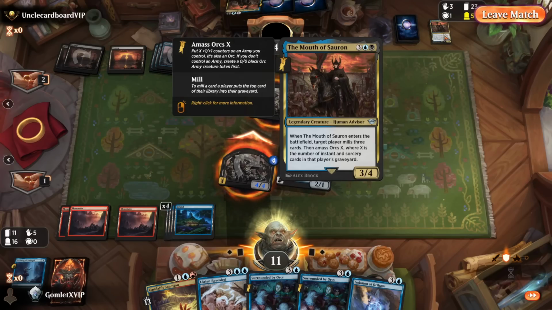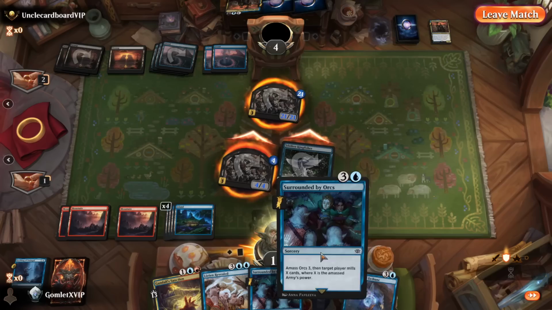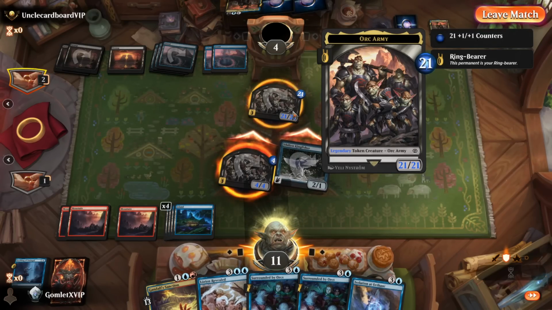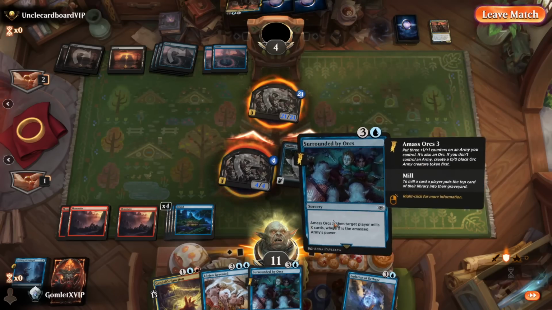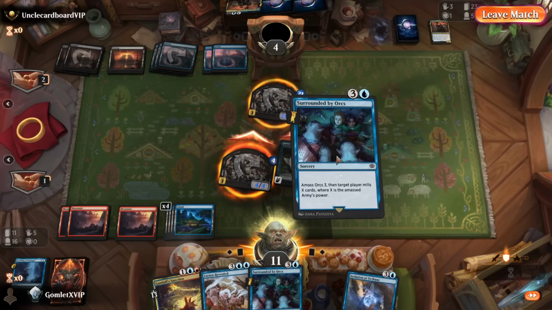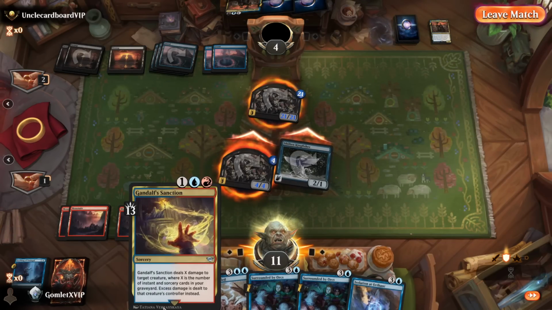And I think this is our super, super sweet card for that archetype. It's kind of like the blue-black version of the Gandalf's Sanction deck, where you could Surrounded by Orcs yourself a bunch, and then, you know, get a 21/21 Orc Army, and then Surrounded by Orcs your opponent to mill them like 24. So yeah, if one of these Mouth of Saurons was Surrounded by Orcs instead, we might have just milled our whole deck out and lost to that, but...